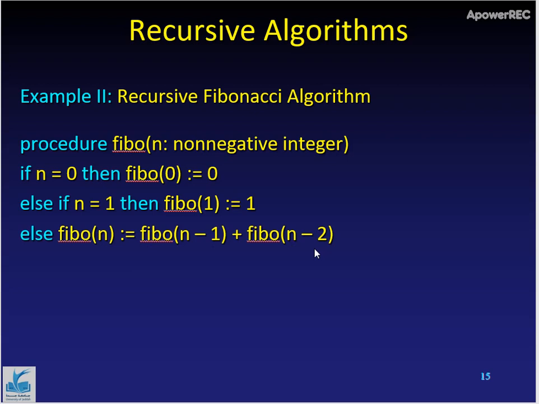And this generates further calls, of course, because when we want to compute n minus 1, it will generate calls for n minus 2 and n minus 3. Similarly, the Fibonacci of n minus 2 will generate calls for n minus 3 and n minus 4, and this keeps on happening. We have an exponential growth of the number of calls to the Fibonacci sequence in terms of n. This keeps on happening until we hit the base cases. And in terms of the base cases, we can define the Fibonacci sequence for any value of n where n is a non-negative integer.